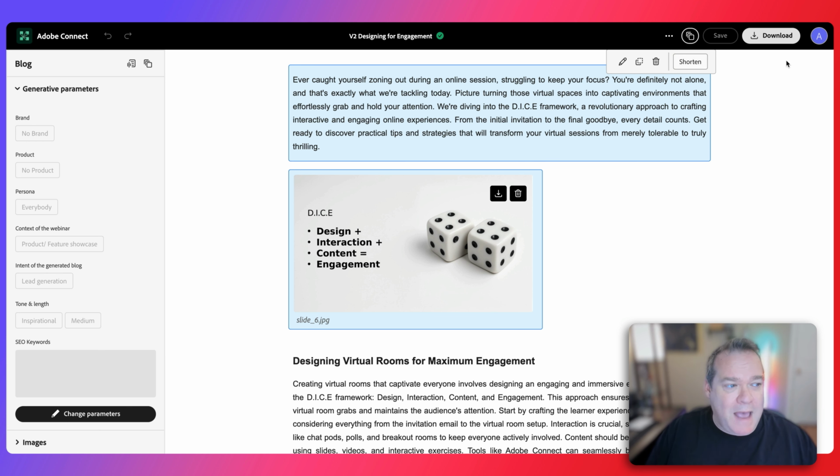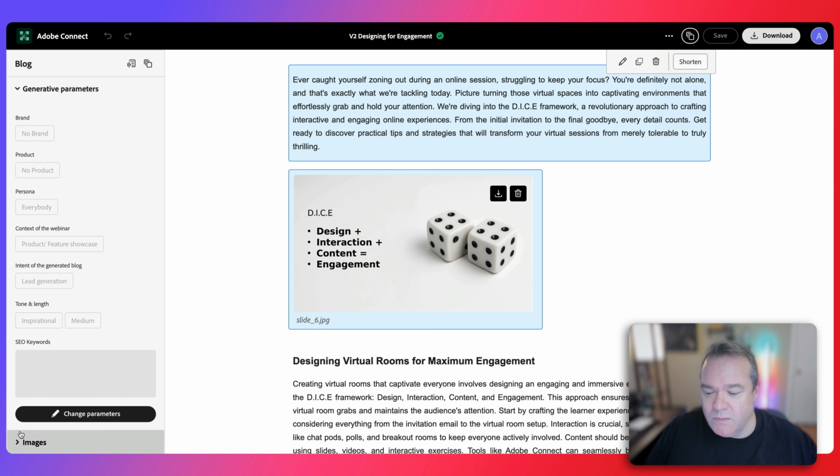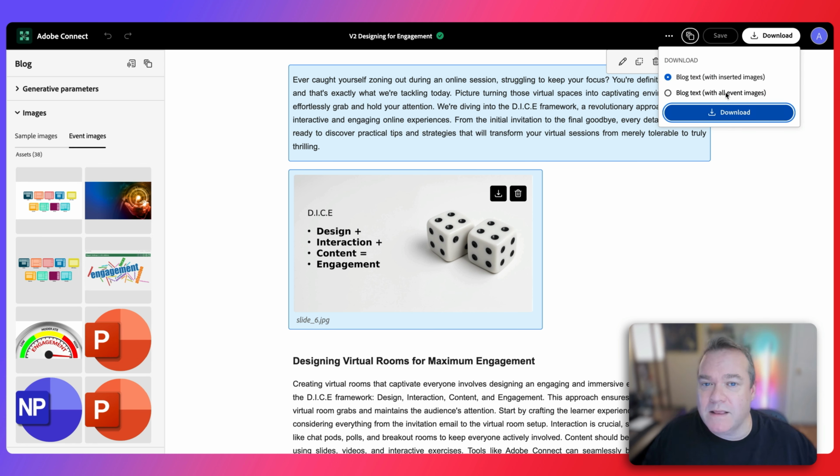Once I'm done and happy with the blog post, I'm able to download it to my local system. This gives me the option to download it with all of the images that were inserted, or if I want all of the event images that we were seeing earlier here, I've got another option to download the blog text with all of the event images. Using this download, it will keep the formatting, and I can then upload it to whatever blog platform I am using. That's a quick look